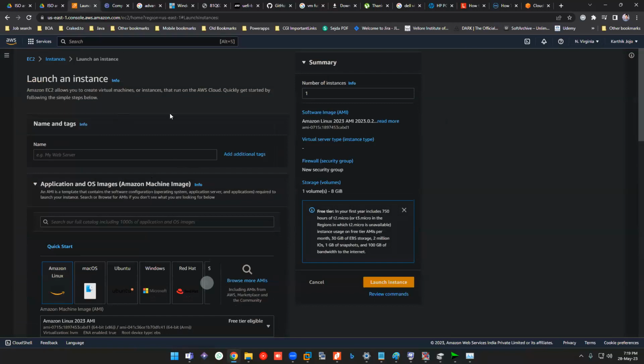The very first thing is you must see this info panel. If you don't see this free tier, it means your account's free tier might already be utilized for 1 year. So please do create a new account and follow all the process, like adding a credit card to it. The good part is you can add the same credit card to a number of IDs as well, so you won't be restricted in that.